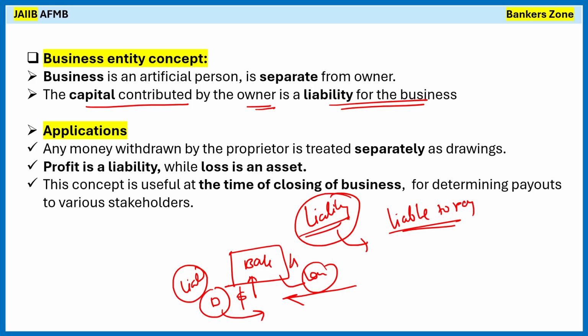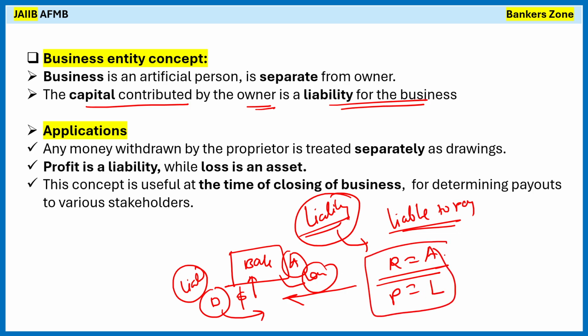So it is an asset for a bank. Money which is receivable, always remember, receivables are assets and payables are liabilities. So for a bank, what is receivable? For a bank, loans are the receivables, that's why it is an asset for a bank. The deposits the bank is holding, which the bank has to repay to the customer, that's why it is a liability for the bank.